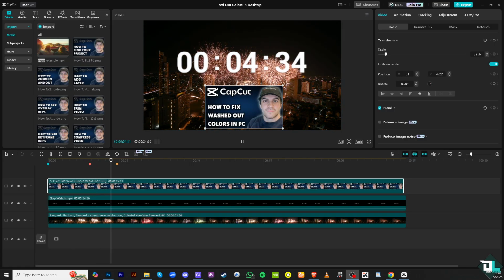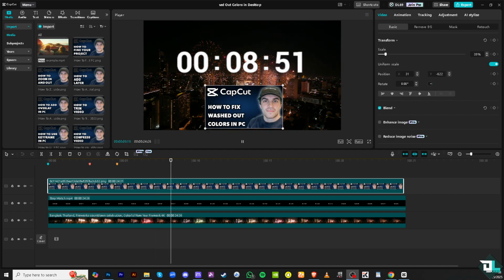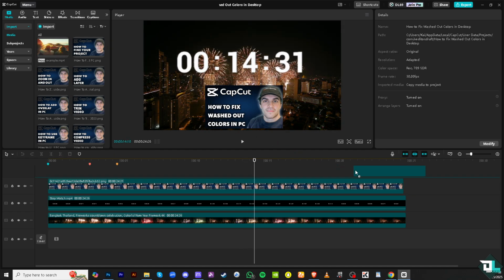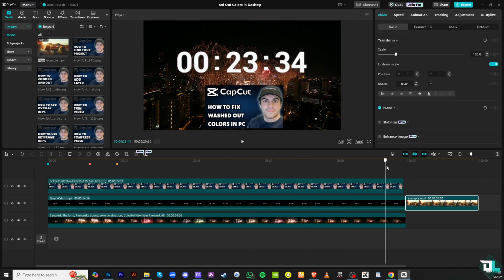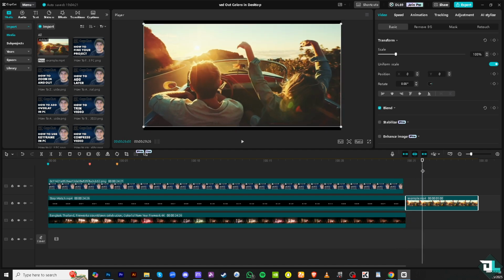Now, sometimes editing in HDR mode can cause your video to look washed out or overly bright if you're viewing it on a standard display which doesn't support HDR. So, I'm referring to my footage here that I realize is kind of washed out for some reason. You see that? If you experience anything like this and want to fix and restore rich or vibrant colors in CapCut,